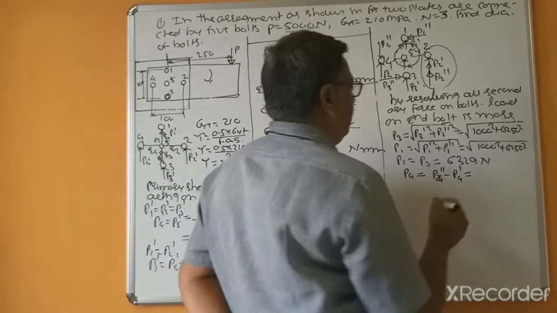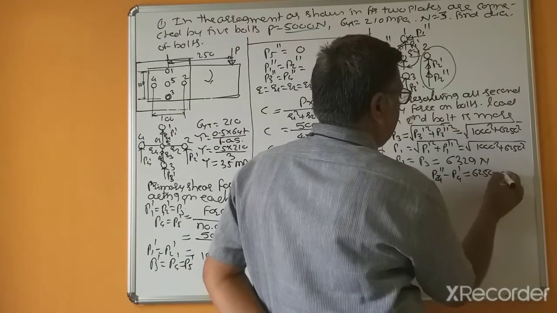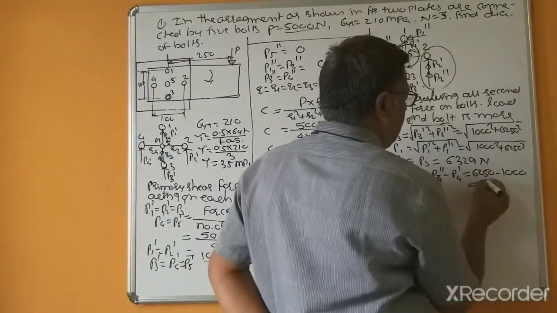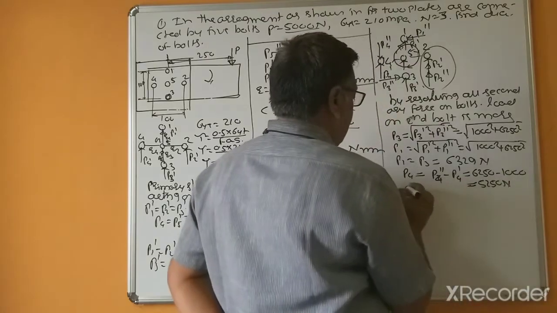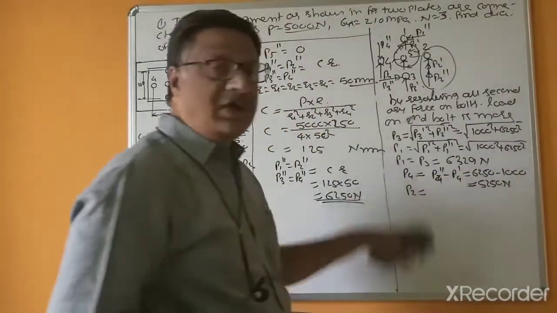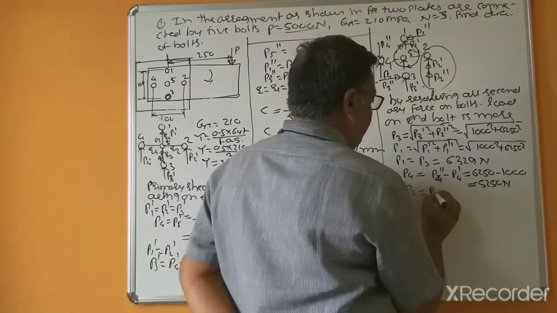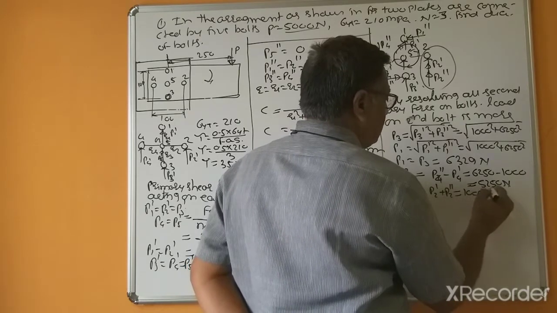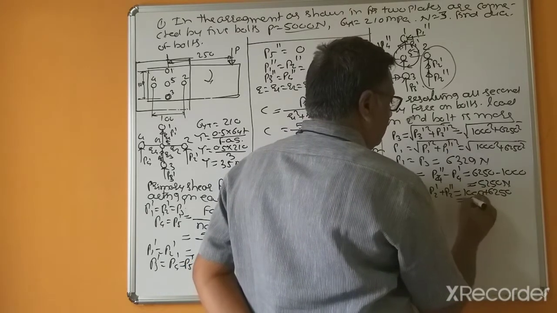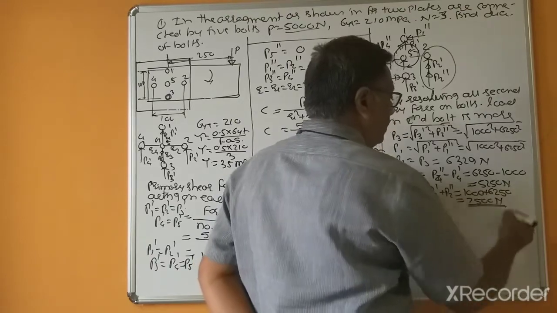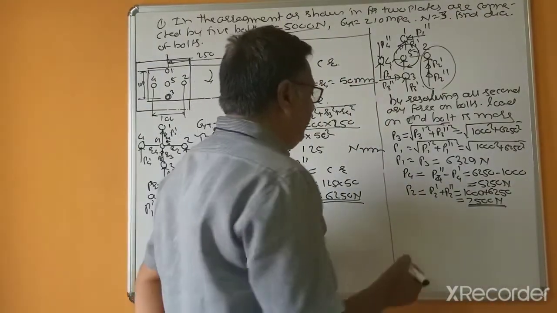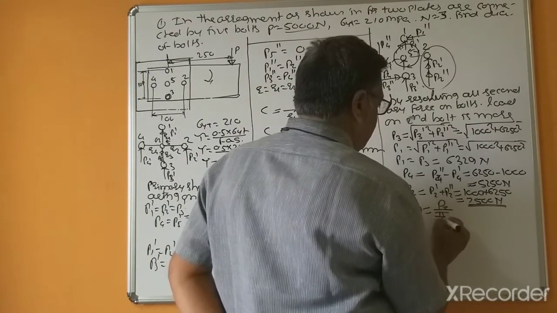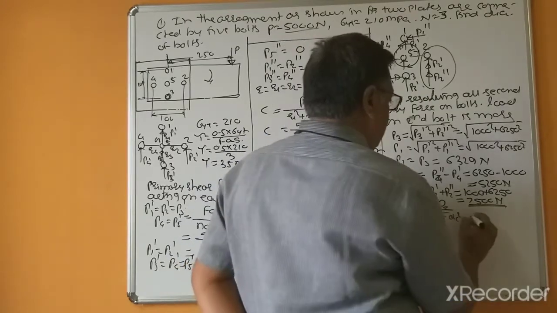So that's why yes, 6250 minus 1000, because both are opposite. That's why this is 5250 Newton, and for the second bolt both are upwards. So that's why P2' plus P2'' equal to 1000 plus 6250, 7500 Newton. Right? Now shear stress equal to formula P2 divided by pi by 4 Dc square, or Dc equal